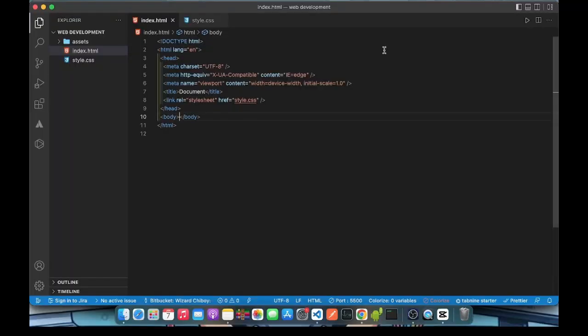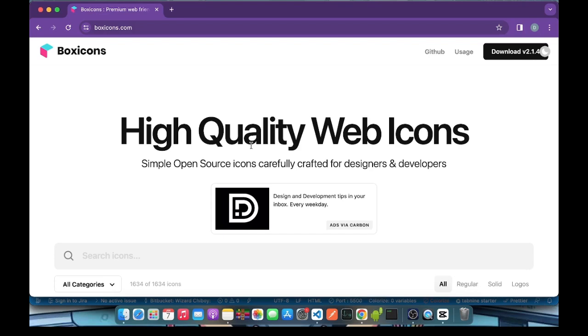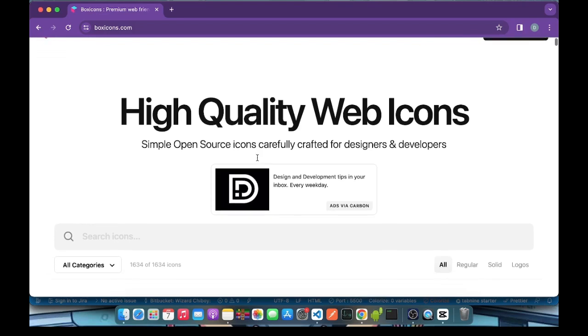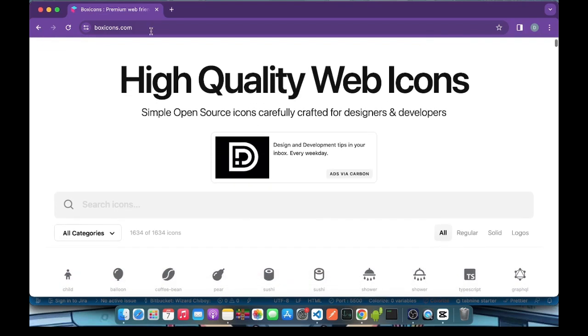And now let's see how we can add icons into our website. Probably you just need one or two icons on your website. So how are you gonna do that? I need you to first of all make sure you have your internet activated already, and then you can go ahead to this website that says